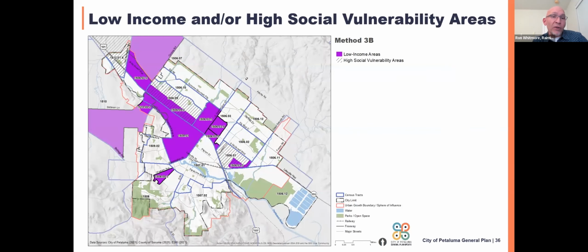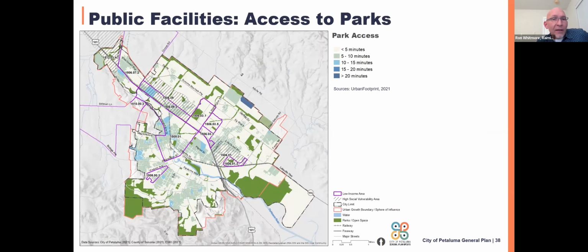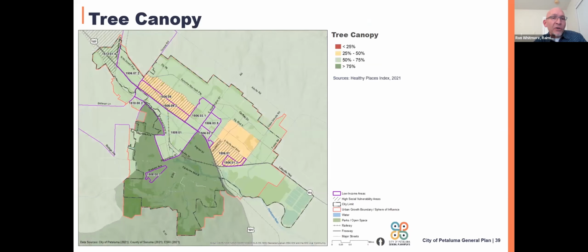Another thing to consider is where there's differences in opportunity and vulnerability across the community. We want to make sure there's a diversity of housing options and affordability options within more vulnerable communities, and make sure they also have the other amenities and services that are needed to complement housing that's built in those areas. Likewise, we want to ensure that housing is near good transit, as well as accessible to parks and other public amenities. And then also consider other factors like the quality of the tree canopy. Make sure a variety of affordability levels and housing types are available throughout the city, including where the tree canopy is strongest.